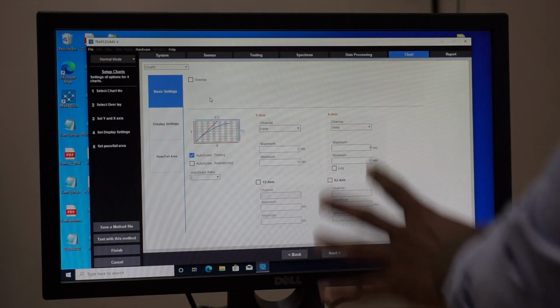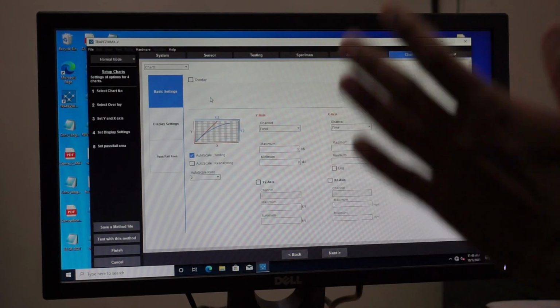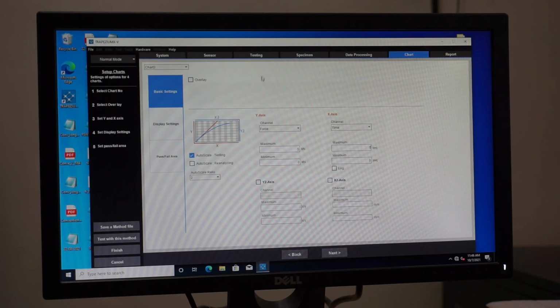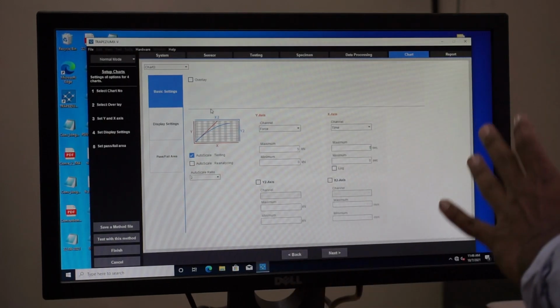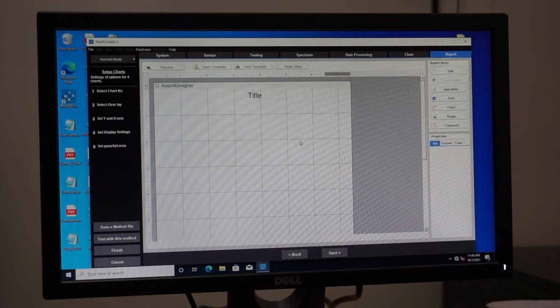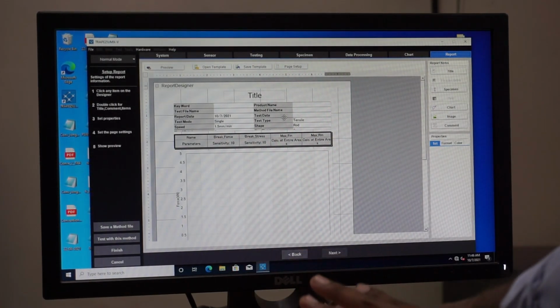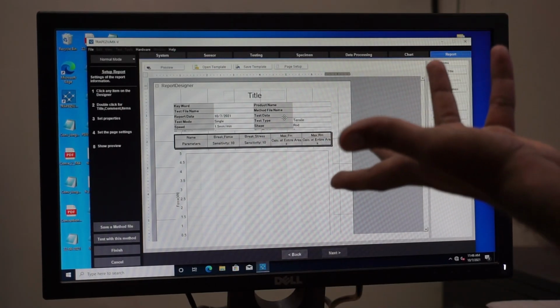This chart will show on the screen during the test, which will make sure how much load the material is going to sustain during the test. After putting these values, I am going to generate a report. This is the title, meaning I am going to do a tensile test. The speed will be 1.5 mm per minute. Everything I give will reflect onto the screen.